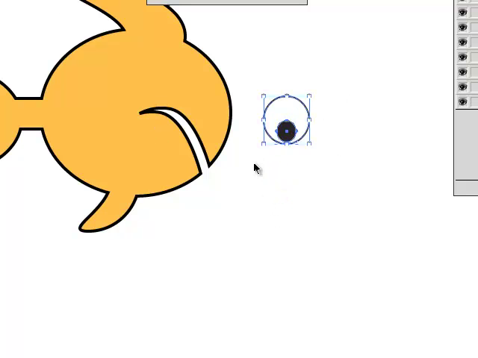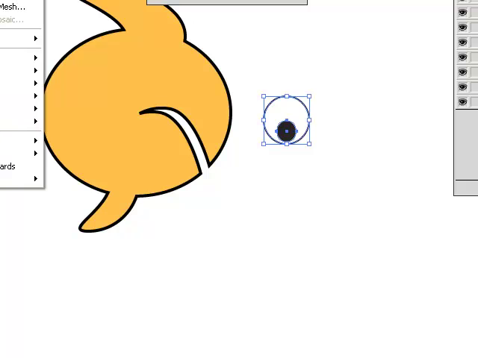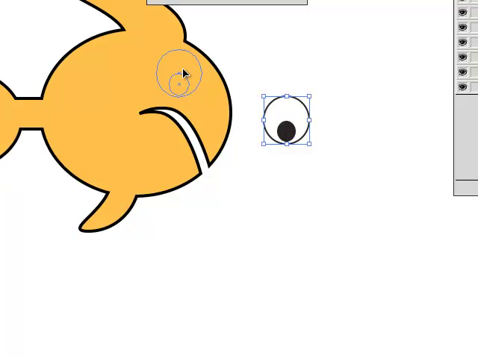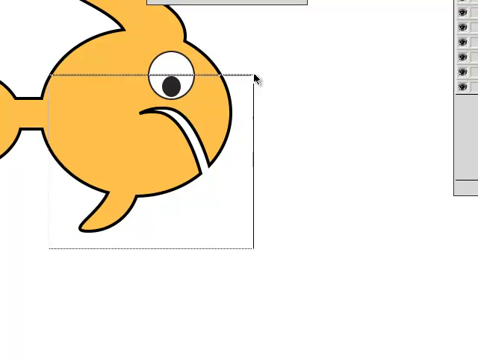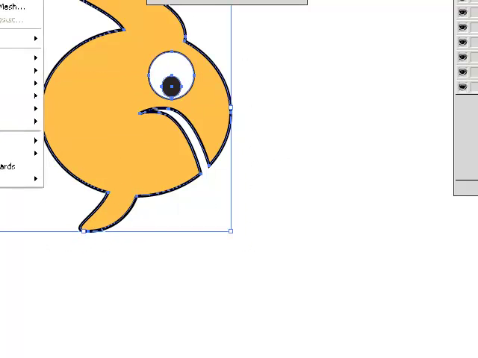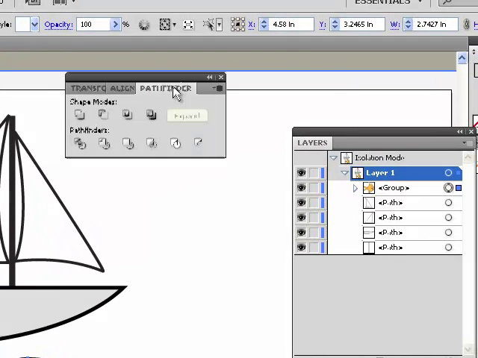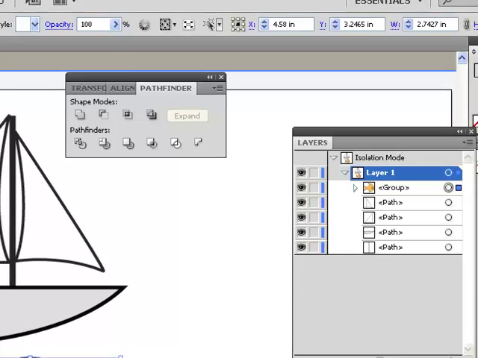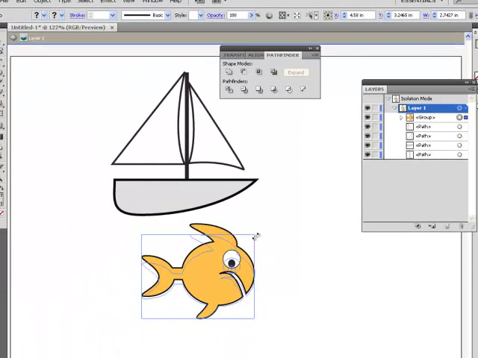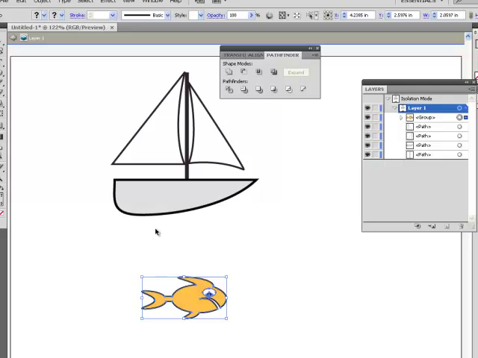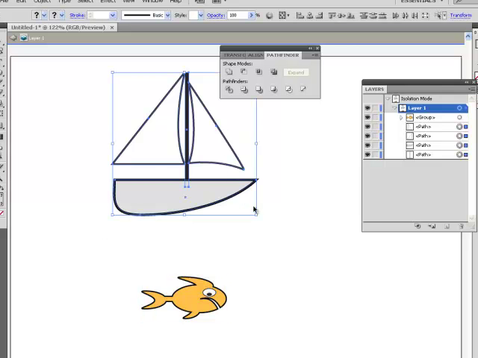Now to keep those together, I'm going to object group them, move the eyeball into place, and now there's my fish. To keep those all together, I'm going to use group again, object group, Control G. Okay, now clearly this fish is way too big for that boat. So if I take the fish, shrink it down, take the boat, scale it up,